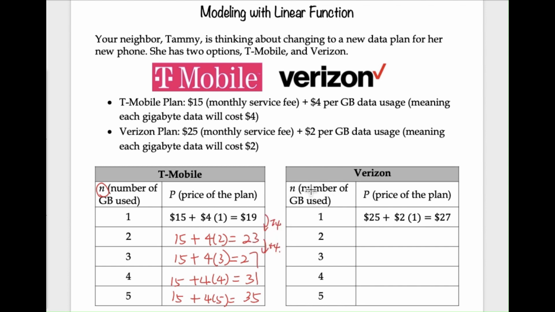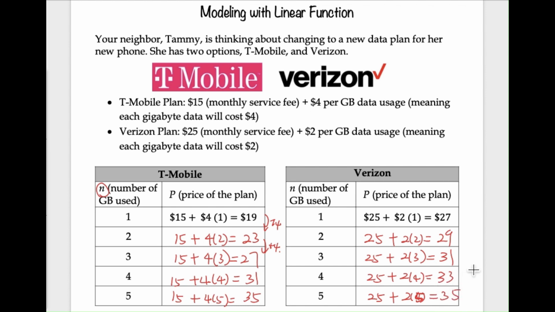And for the Verizon plan, in a similar way we do the calculation, but this time since monthly service fee is $25, and per gigabyte is a little bit cheaper, it's only $2, so we just use this way to figure out. And let's just continue. If this 2 is going to be 29, 3 is going to be 31, then we just continue doing that. 33, and we can just continue, but I think this is already giving us a pretty clear